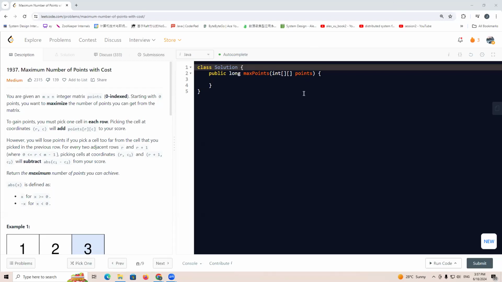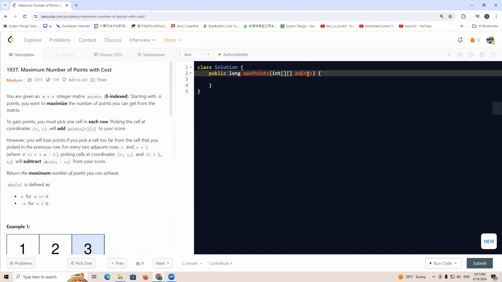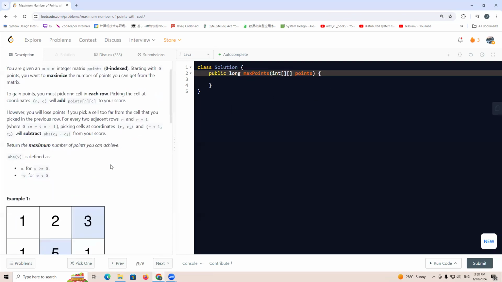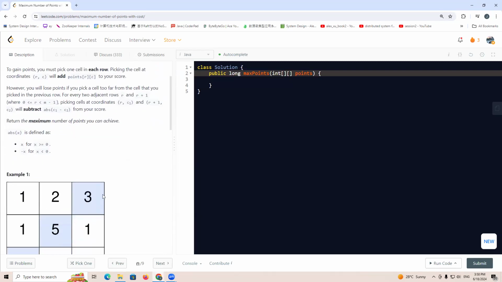Let's go through LeetCode 1937, Maximum Number of Points with Costs. For this question, it gives us a two-dimensional m multiplied by n board, and we call it points. For every cell, for example row i, column j, the value points[i][j] is the points we can retrieve if we select this cell. It asks us to select one cell in each row and add those points up to get the maximal